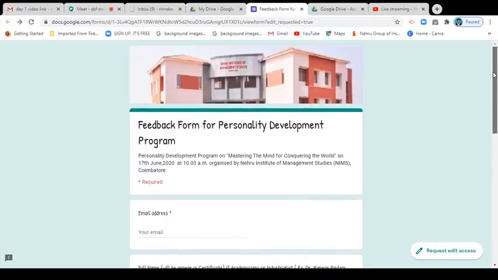Because this feedback form is in some other mail ID, and the Google meeting is in some other mail ID, that's why it asks permission to access. I will come with that from the beginning itself.